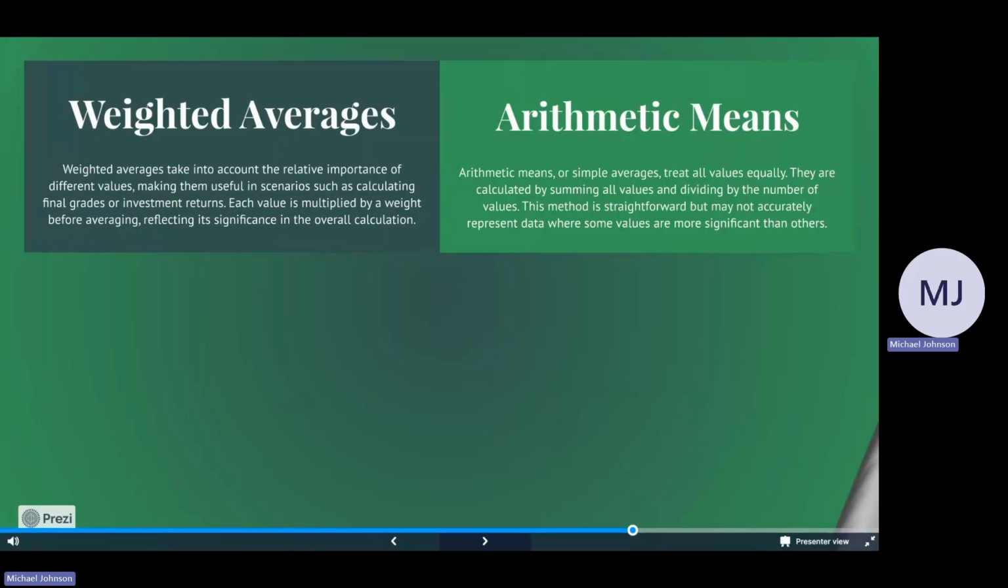Weighted average takes into account the relative importance of different values, making them useful in situations such as calculating final grades or investment returns. Each value is multiplied by a weight before averaging, reflecting its significance in the overall calculation. Arithmetic means or simple averages treat all values equally. They are calculated by summing all values and dividing by the number